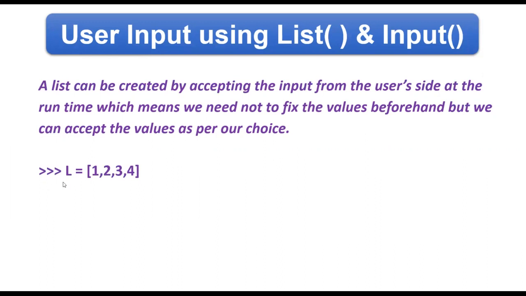For example, if I say L is equal to [1, 2, 3, 4], so what am I doing over here? I have decided one variable name for the list, L, and by using this assignment operator, I am writing 1, 2, 3, 4 inside my square brackets. That means I am defining a list where four elements are there, and all values are separated by commas. Now if I use this list in my program, it will remain the same throughout unless I make any change over there.